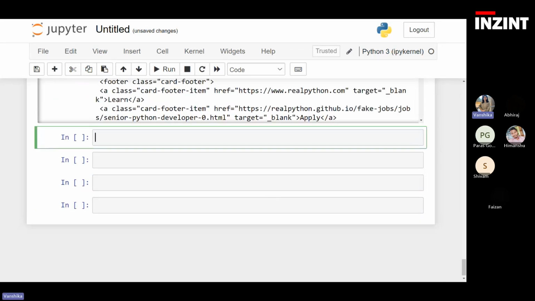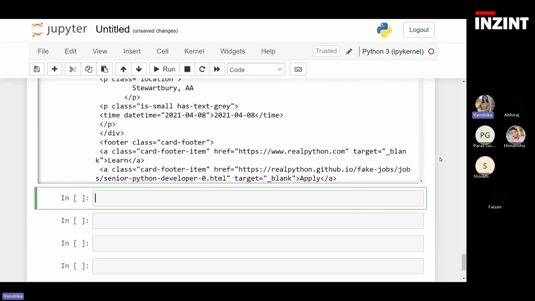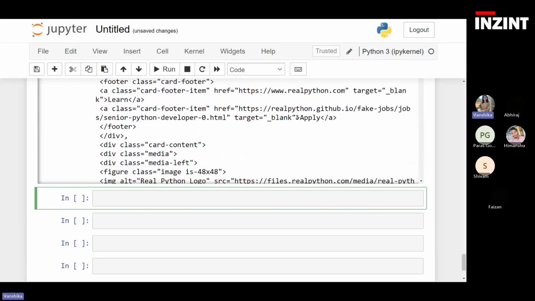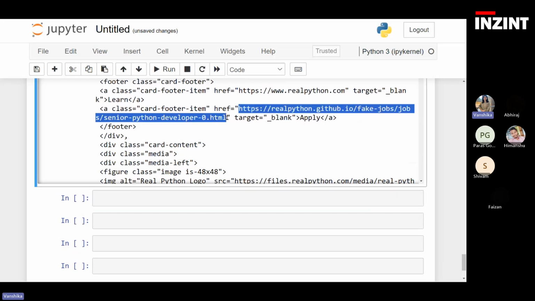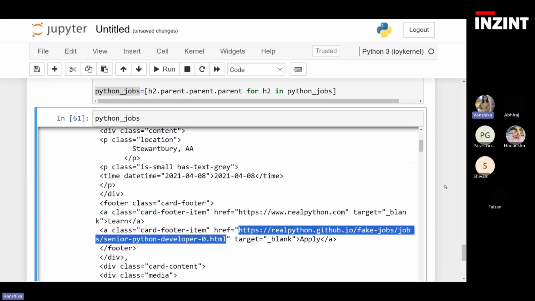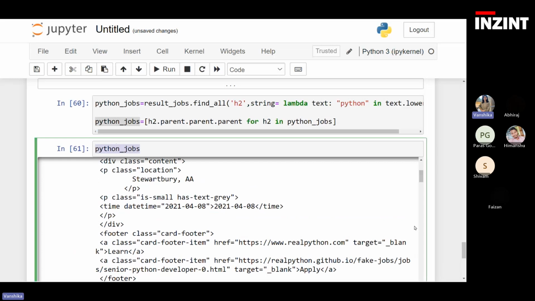Now what I want to extract, I want to extract the link that I can use to apply at these jobs. So यहाँ पे you can see, इधर ही एक बारी देख लो. This is the text that you can see for applying, and this is the link that you guys can visit if you want to apply to this job. So if I want to extract all the links for applications, तो उसको मैं कैसे करूँगी? पहले एक जॉब के लिए करके देखते हैं. So this is Python job